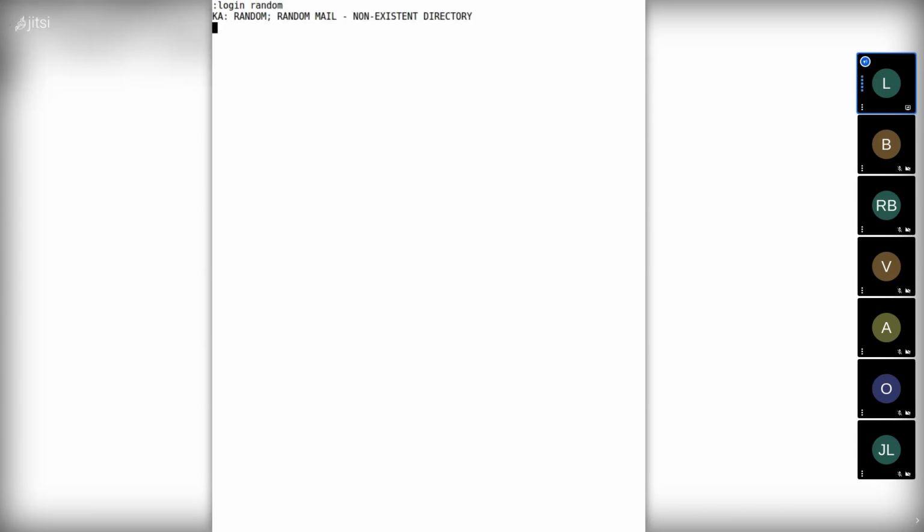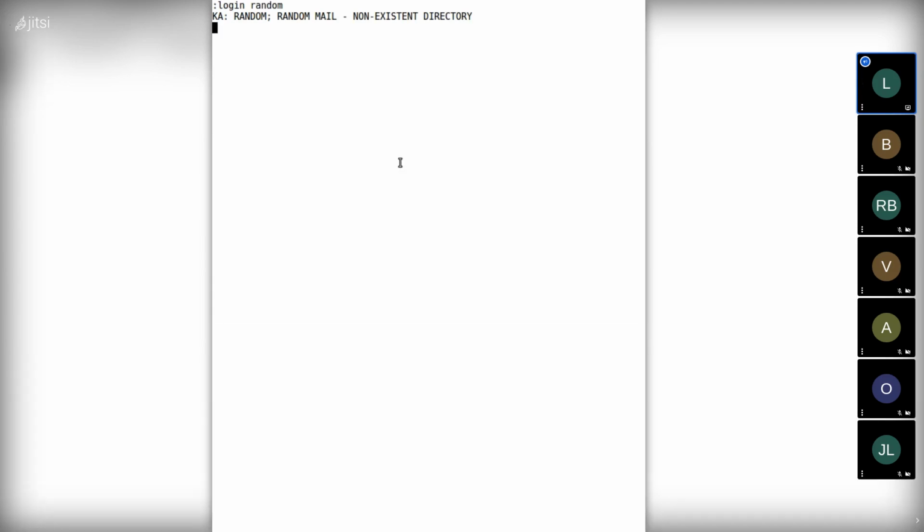So the first thing here is that ITS complains there's no mail file. That's because we don't have a directory yet. So let's create a directory for this new random user. And we use this little complicated command to do it.